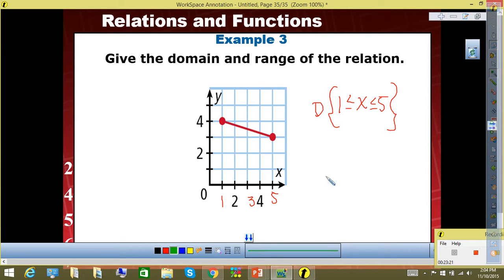Now check this out. I'm going to do the range. Look at the range. This is my y values. So from where to where covers this part? 4 to 3. So this is 3, 4, and it's my y value, less than or equal to, less than or equal to. Homework for tonight is play sheet